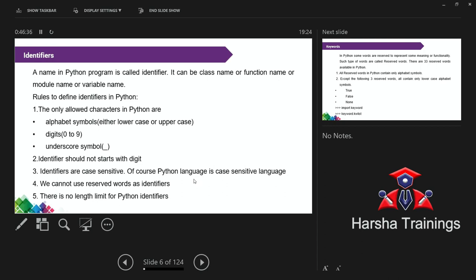The length of a variable, or length of a function name, length of a class name, length of a module name is not fixed. You can use anything, but we use only limited ones. Even though it is allowed, if you write each and every situation with the same long identifier, it becomes a problem. To overcome that problem, we simply use variables of short length.